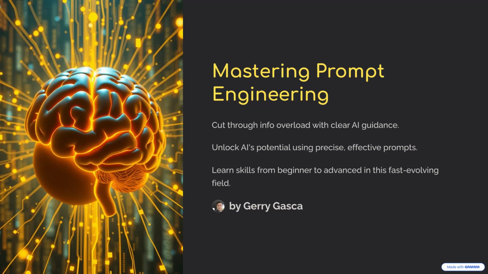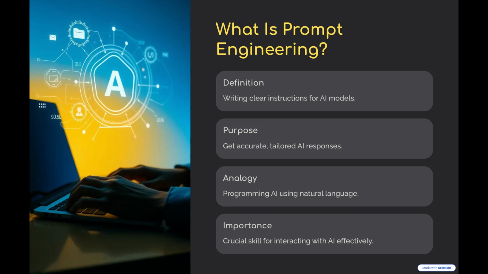Okay, so maybe the first place to start is, what is prompt engineering really? Good question. Based on everything we've seen, the simplest way to put it is it's about writing effective instructions, the prompts, to get the answers or results you want from these big AI models, the LLMs. Right, it's like giving directions to a very powerful, slightly unpredictable digital brain. The clearer your directions, the better chance you have of ending up where you want to go. And I liked how several sources put it almost like programming in natural language. Yeah, that phrase came up a lot. Instead of code, you're using English or whatever language to instruct the AI.